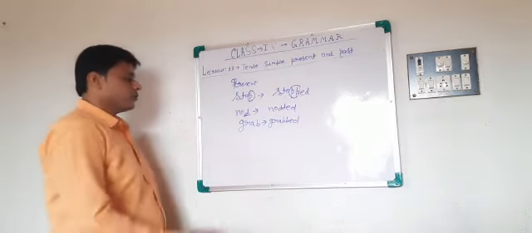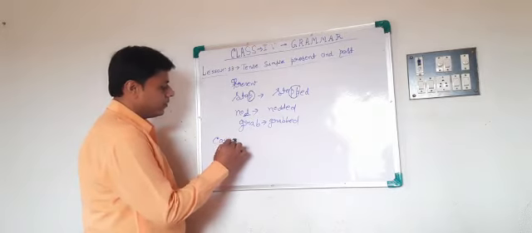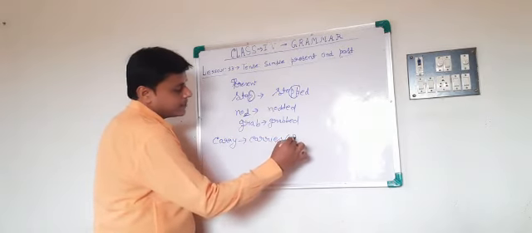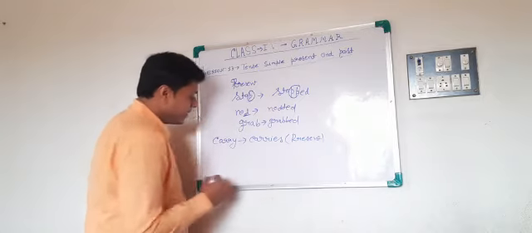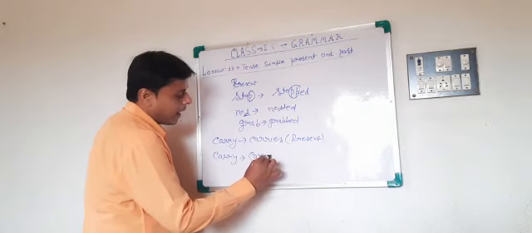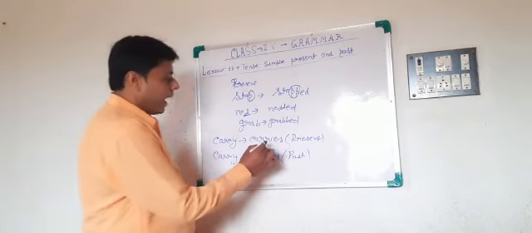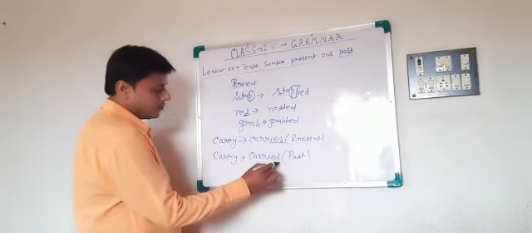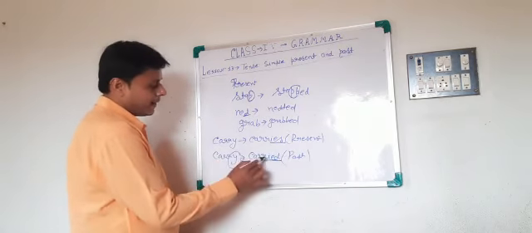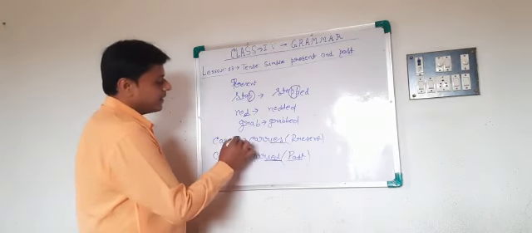Okay, and the same rules occur here in case of present tense and past tense. Carry, we change the y and add ies, that is present. But in case of past tense, carried, c-a-double r-i-e-d, carried, it's past. In case of present tense we add ies, and in case of past tense we add ied. Okay, is that clear? We drop the y and add ied in case of past tense, and we drop the y and add ies in case of present tense.